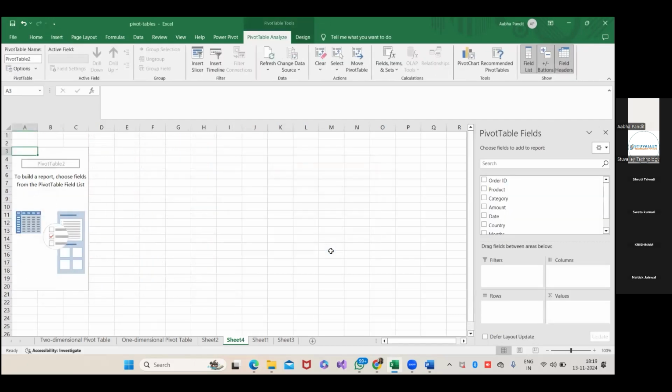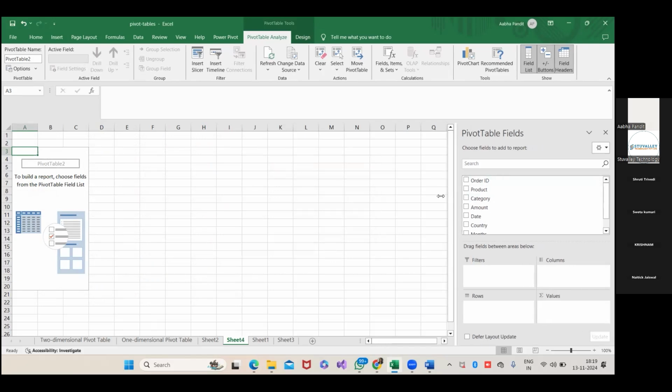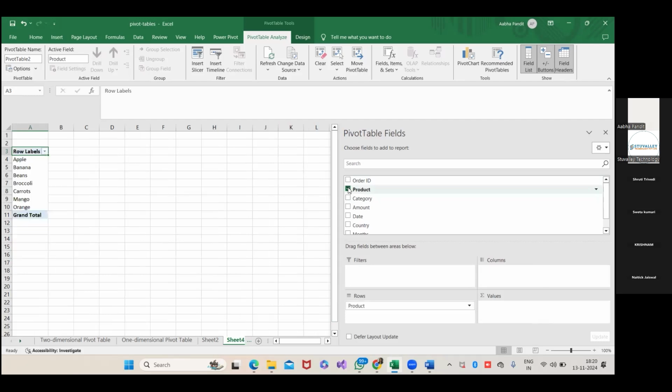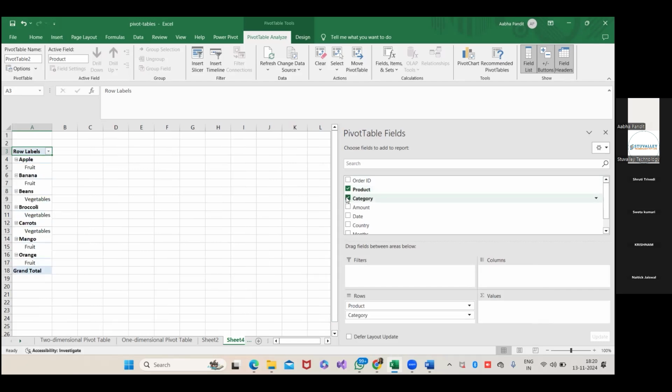And then the pivot table is being added into sheet number 4. Okay, sheet 4 is automatically created and the pivot table appears like this. Now on the left side there is a sheet with the pivot table. On the right side of your screen, you will see the pivot table fields. Okay, now here you can select whichever fields you need. Suppose you want products, you can have a product category. If you want a category, you can see, step by step we will be doing it.